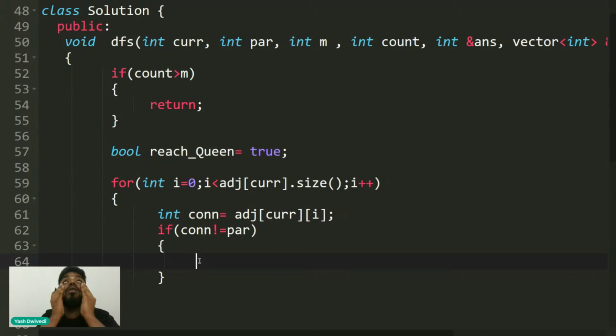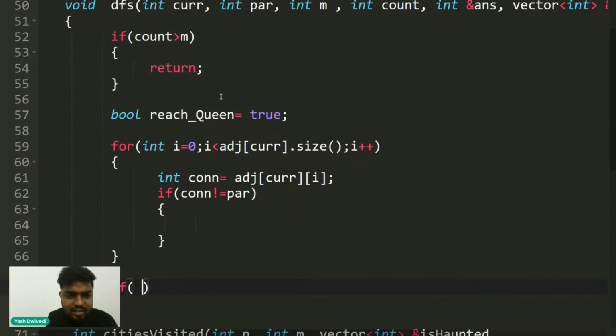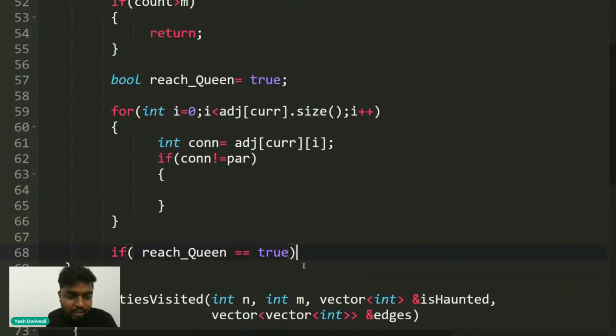Whenever I'll be reaching the end point, it will be true, so I'll be adding it. So at the end, basically if I'm at the leaf node, I'll say that if the reach queen variable is true. It has to be a leaf node, then only this will be true.